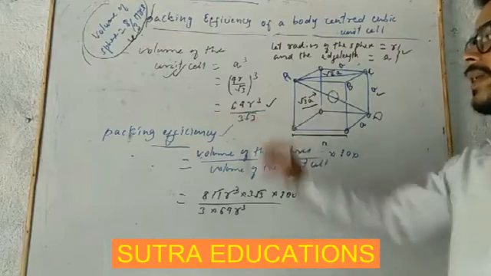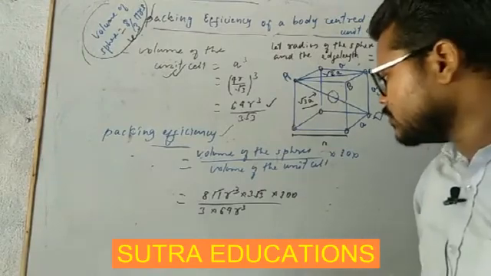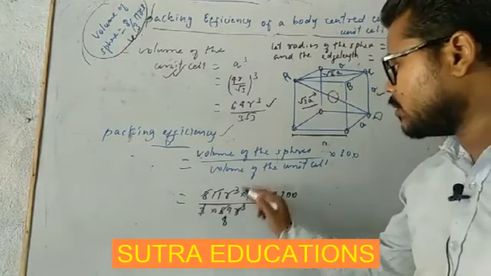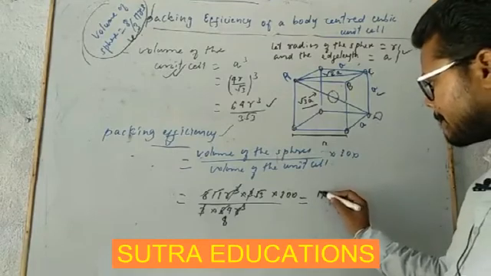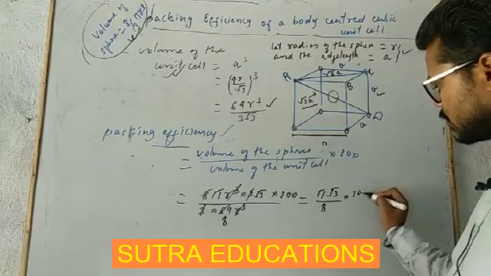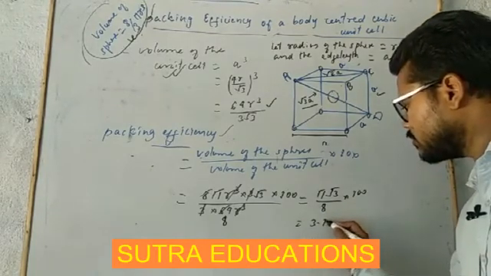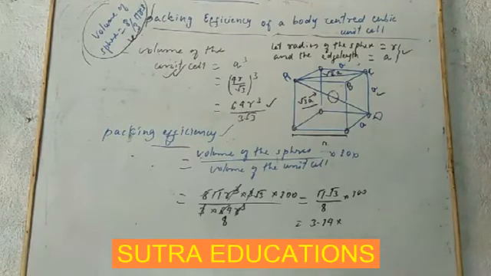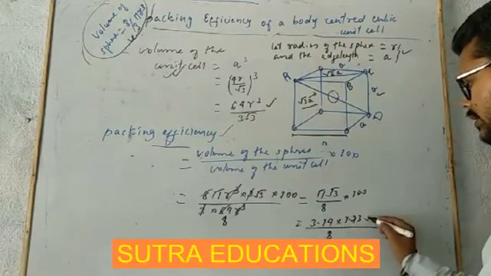So this is the packing efficiency in case of body centered cubic unit cell, and it is equal to 8 upon 64. 3 will get cancelled, r cube will get cancelled, and it will be equal to pi root 3 upon 8 into 100, meaning pi is equal to 3.14 into root 3, it is 1.73, upon 8 into 100. Okay,